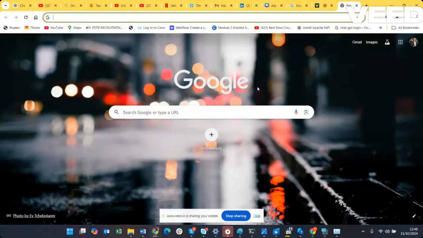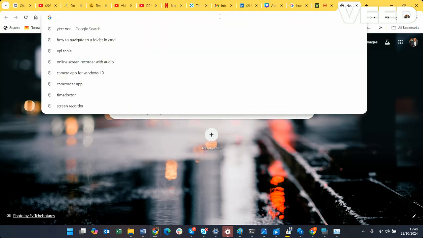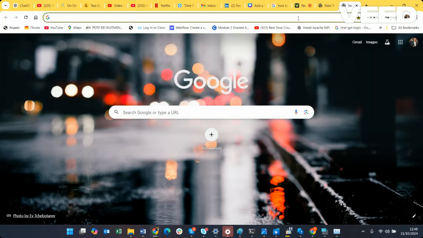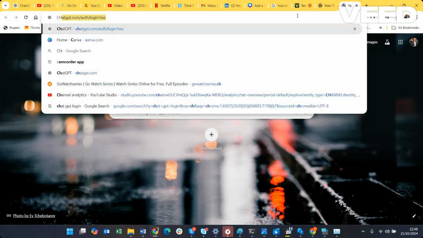Today I would like to share with you how to use ChatGPT to summarize a document. So let's dive in. First of all, go to your favorite browser. In my case, I'm going to use Google browser. So open a tab. Once you're in your favorite browser, type ChatGPT,